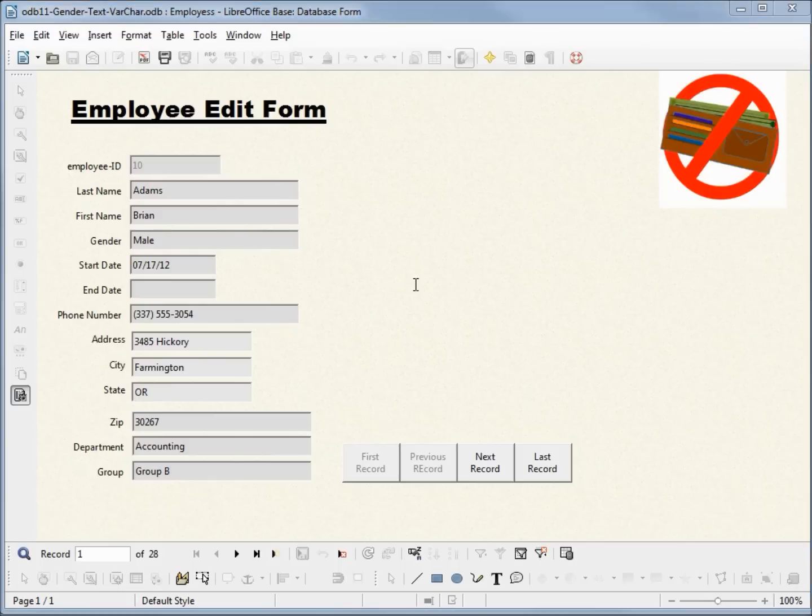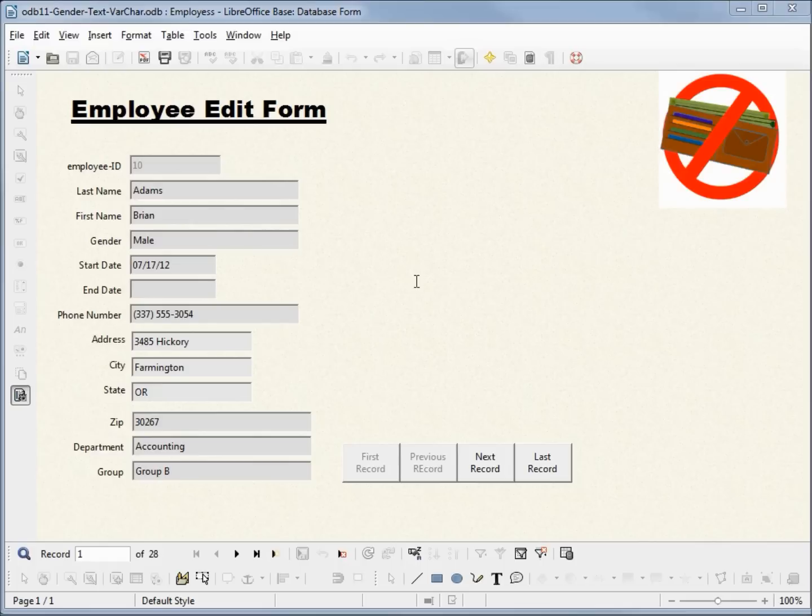I want to add some radio buttons to this form. LibreOffice Base calls these option buttons, but most people are more familiar with the term radio button because they're similar to the buttons you'll see on a radio. Think of the buttons on a car radio. They're all tuned to different stations, and you can select any one. But when you select that one, it changes to the new station. In other words, you can only have one selected at a time. Radio buttons, or option buttons, work the same way. They offer us a choice of options, but we can only choose one of the options.